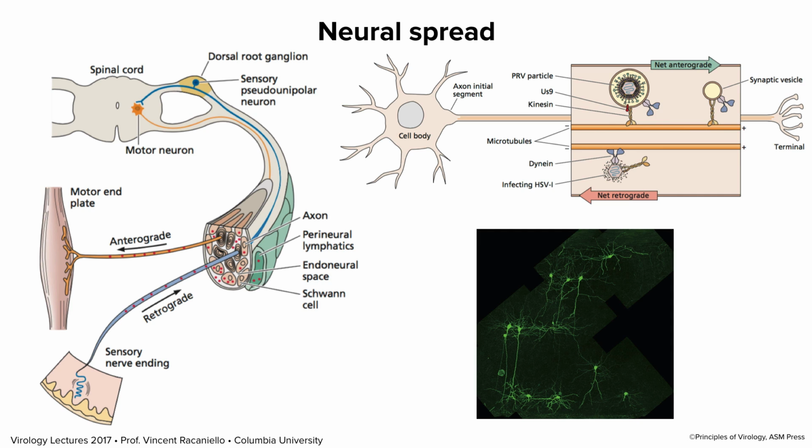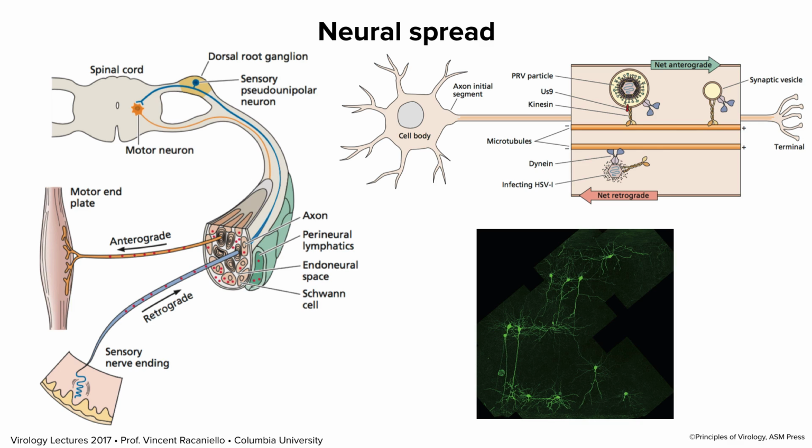Now, this movement, of course, isn't by diffusion. It happens by motor proteins on a cytoskeleton, and that's illustrated in the upper right of this figure here. Here is a cell body of a neuron and a neuron terminal. It could be a sensory or motor terminal here, but viruses enter the terminal, they go towards the cell body, and they're moving on synaptic vesicles. And here's a herpes virus particle inside a synaptic vesicle, which was formed at the nerve terminus, and it's being brought up the microtubules, in this case by kinesins, towards the cell body. So that's retrograde spread towards the cell body.